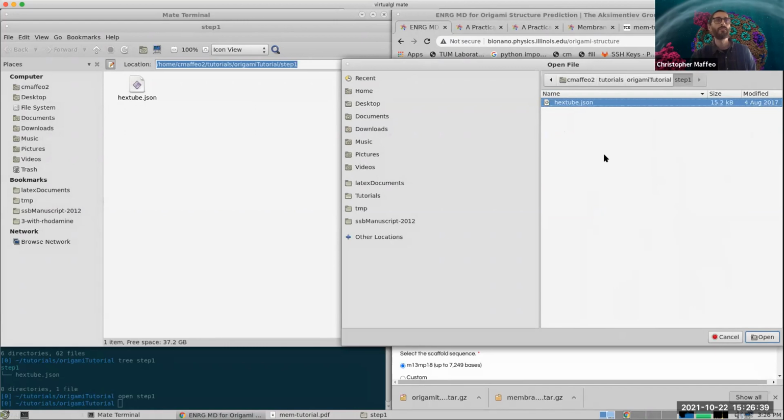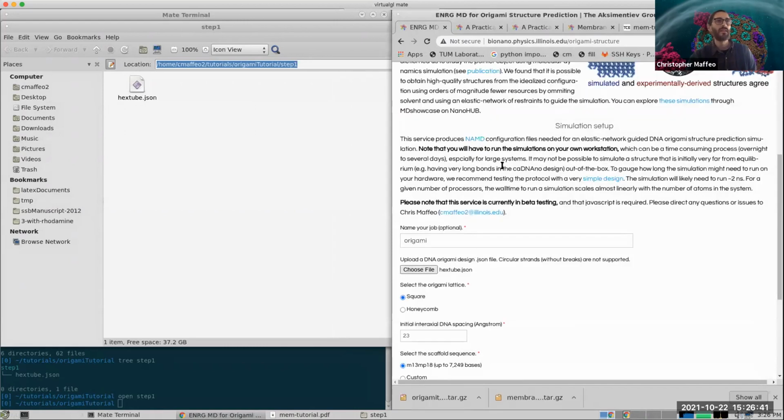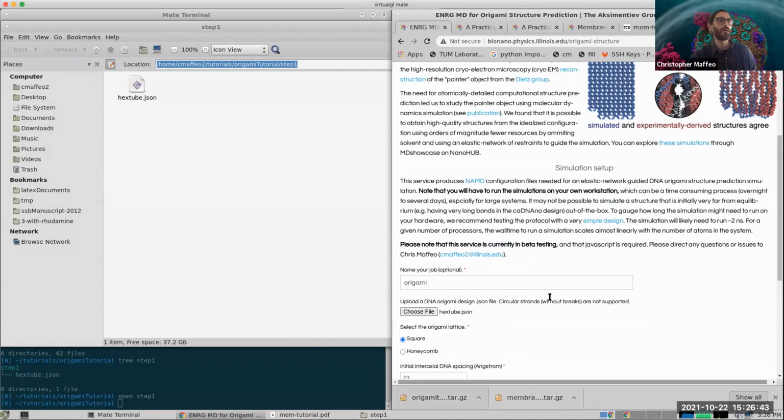And then we go to this web service. We upload our design file. We select the lattice type. That's unfortunately not encoded in the design file. I mean, it can be guessed at, but our service doesn't do that. But we know it's a honeycomb lattice because, yeah, you